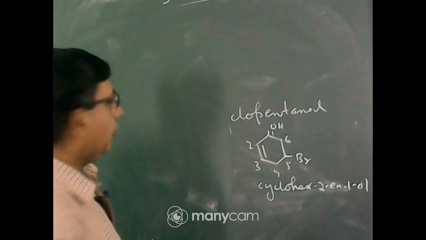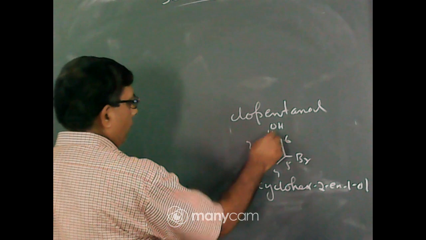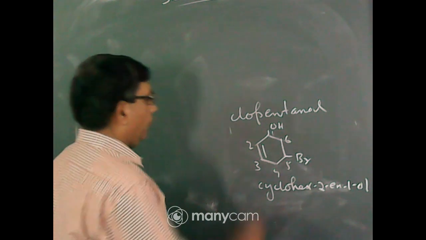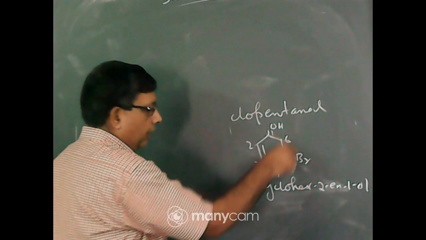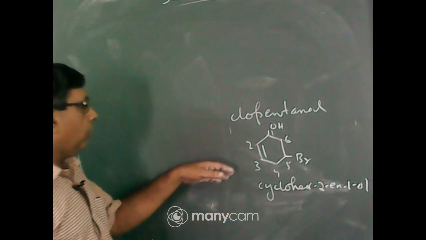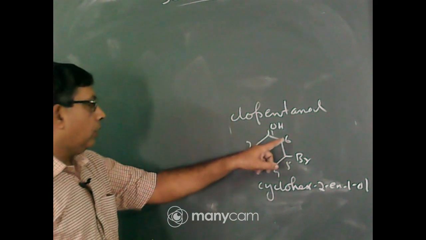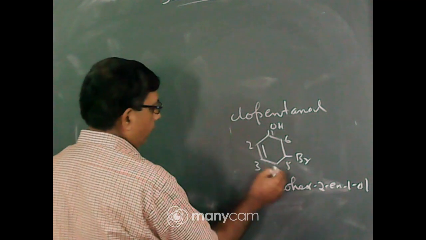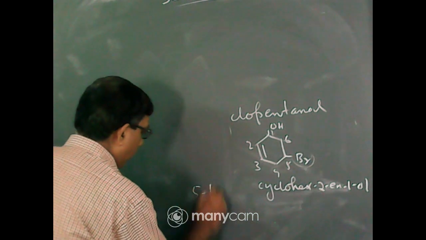Now if you consider this compound, consider the structure, 6 members: 1 2 3 4 5 6. The OH group is at carbon number 1, because for the functional group you start numbering from here, then you go either to the left-hand side or the right-hand side, but you go to the side where the multiple bond comes first. Here the multiple bond comes at carbon number 2, and here 2 3 4 5. So write numbering from the left side, 1 2 3 4 5 6. Now at carbon number 5 bromine is attached, so write 5 bromo.